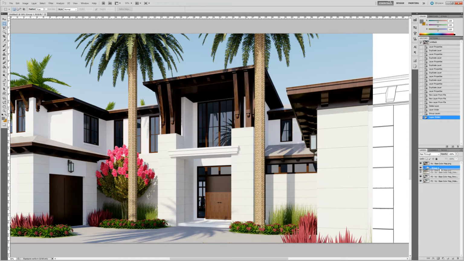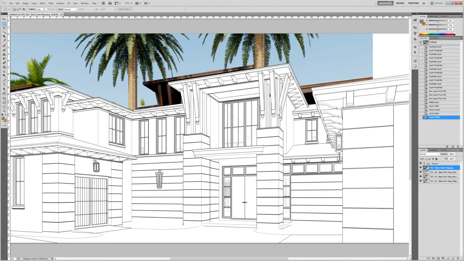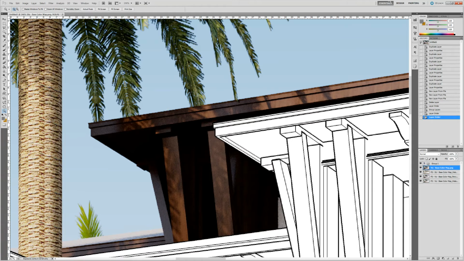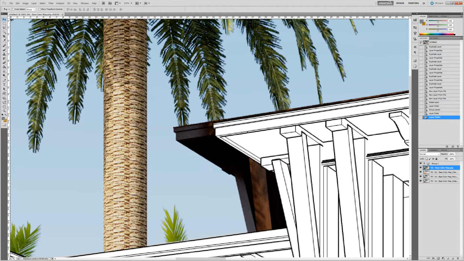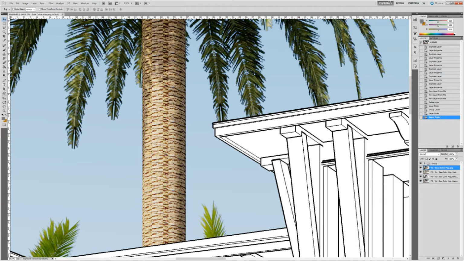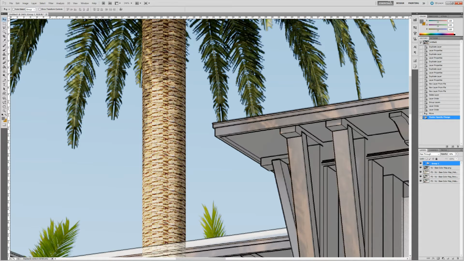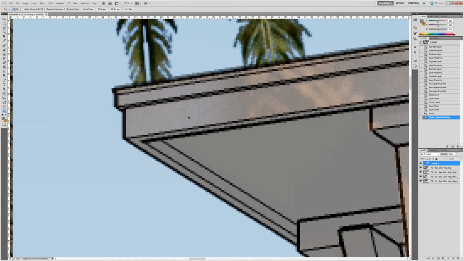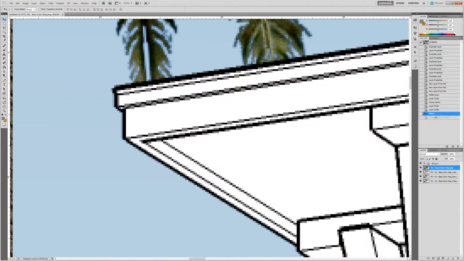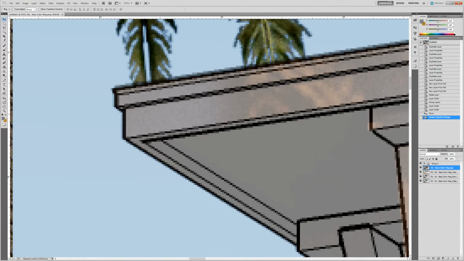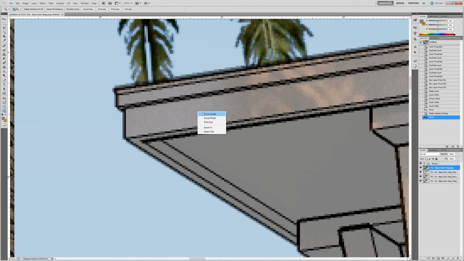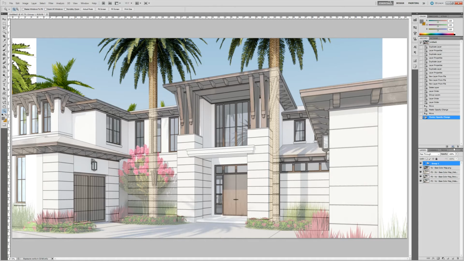And actually, I'm going to reverse this. There we go. So you can see that our drawings are fine. It's just this Viz layer is just not quite in the right place. I'm going to turn this group opacity down a little bit just so that we can, don't want to move that one. I want to move this one just so that we are perfectly lined up, and that's looking pretty good. Turn the opacity back up,